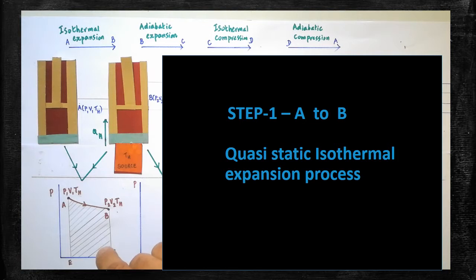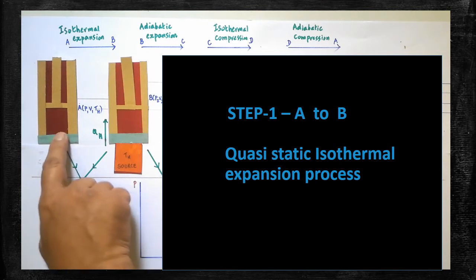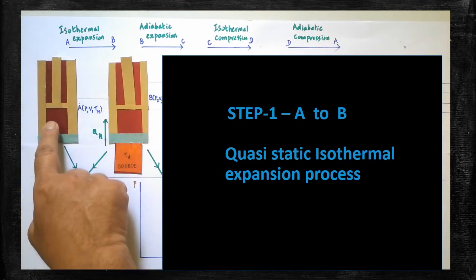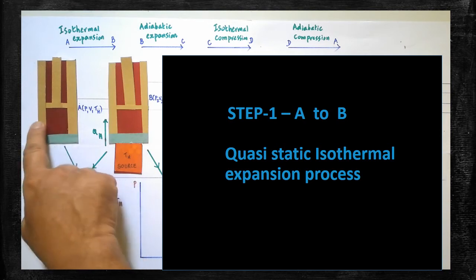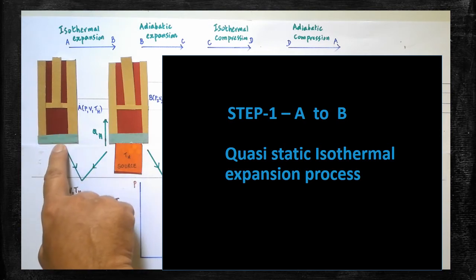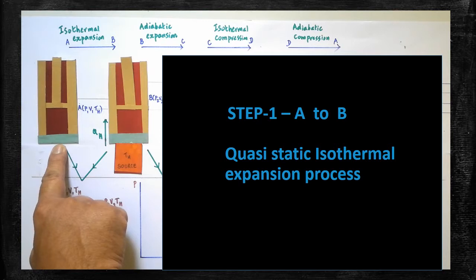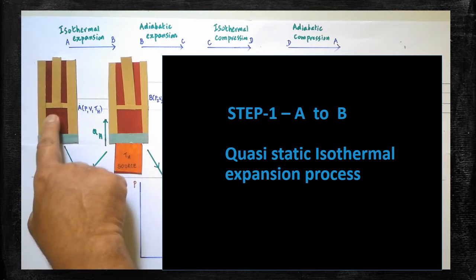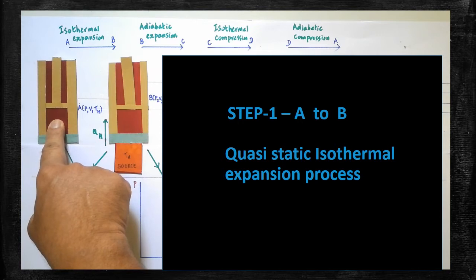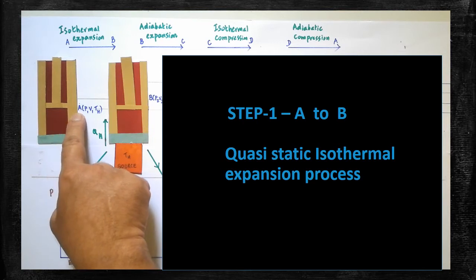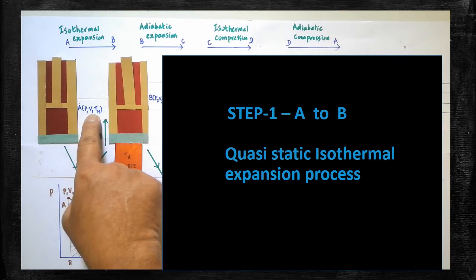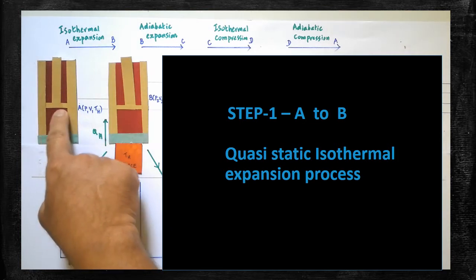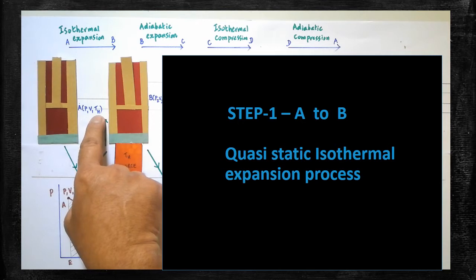First, I am going to explain how the isothermal expansion process takes place. Here, look at the cylindrical arrangement. In the cylindrical arrangement, the wall of the cylinder is made up of insulator, and the bottom portion is made up of good conductor of heat. Within the cylinder, a gas is filled up. That one will act as the working substance. Here the position of the piston is kept exactly at A. The pressure of the gas is P1. Initial volume of the gas is taken as V1. The temperature of the system is taken as TH.